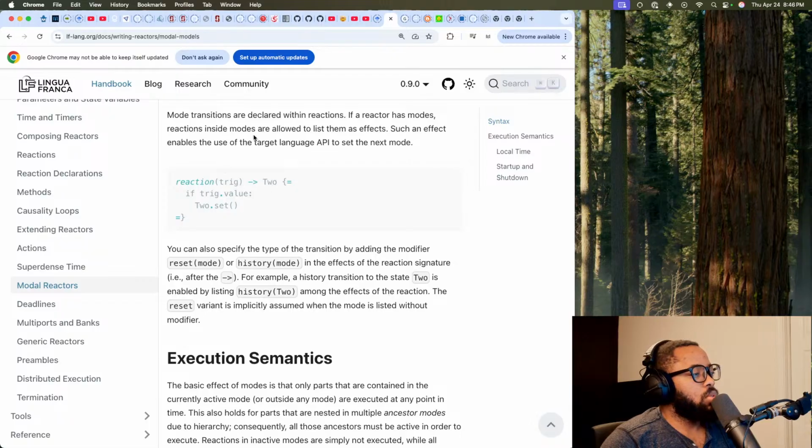Mode transitions are declared within reactions. If a reactor has modes, reactions inside modes are allowed to list them as effects. Such an effect enables the use of the target language API to set the next mode.